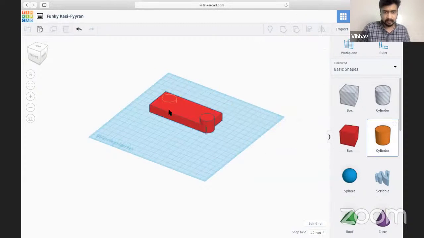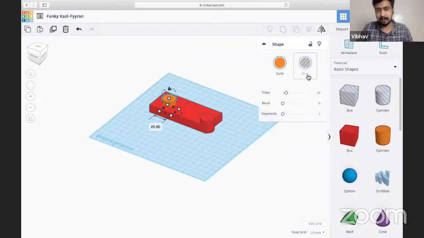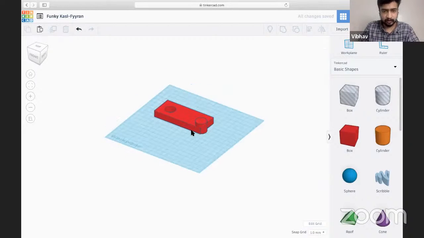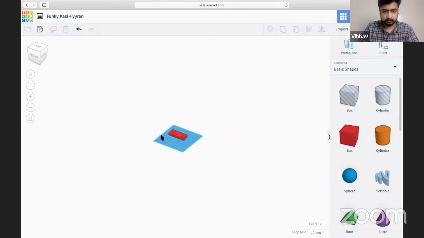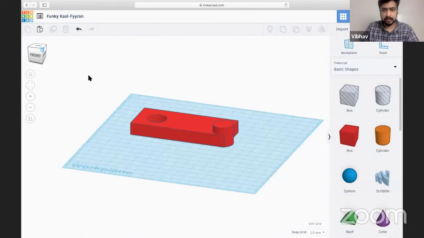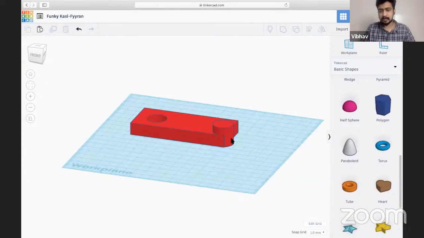I just drag the cylinder, and I don't want the cylinder to be solid, but I want the cylinder to be a hole that the rectangle shape will have. So I will click hole, then select those things, and say combine. Now I have a hole in the object. Now I can navigate. See, I have a hole in this object. There are different shapes, and by simply placing these shapes, I can build anything that I would want. There are other things like,